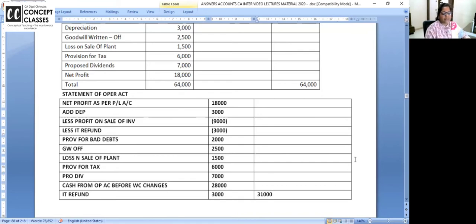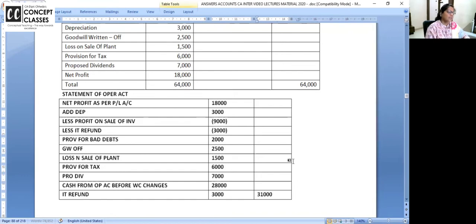Problem finished. See, we took a lot of time for the first one, but now we will go with a nice, genuinely nice speed. Because now we know in the net profit, you have to add back non-cash expense. You have to add back non-operating expense with your booster notes. You have to remove non-cash income. You have to remove profit on sale of asset that came in cash, but non-trading. It has nothing to do with operating. Profit on sale of plant is already a part of the investing activity. And last, you deduct income tax.